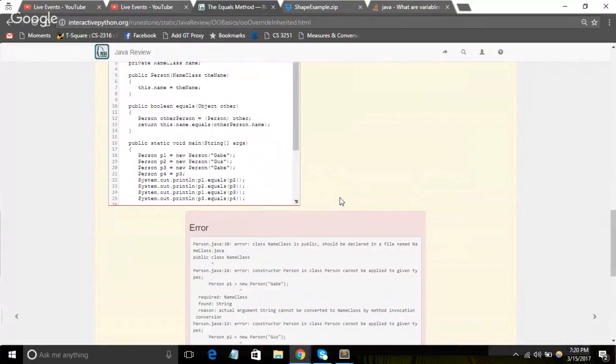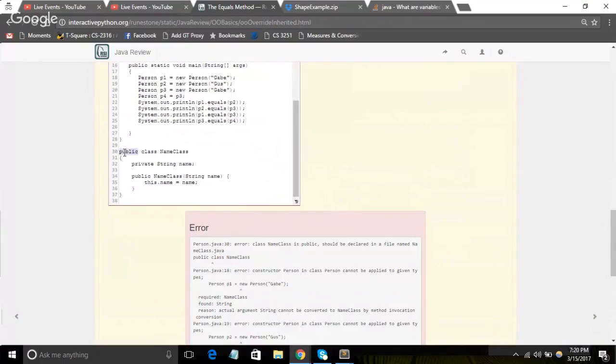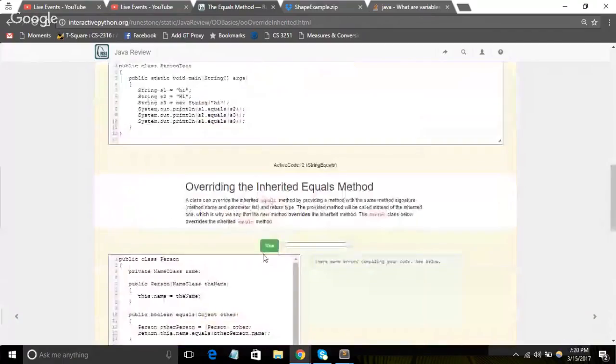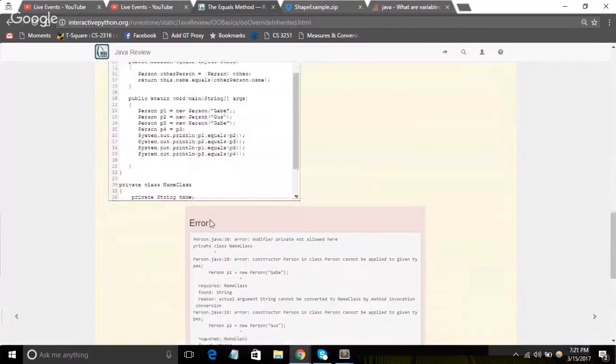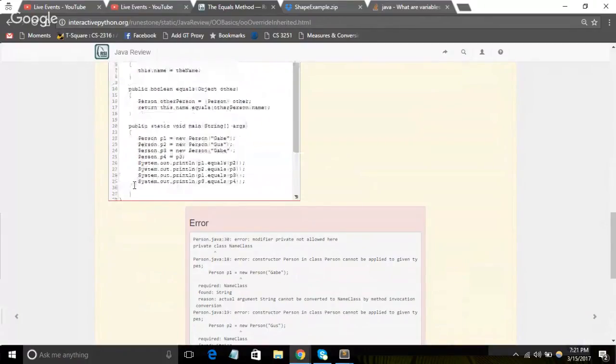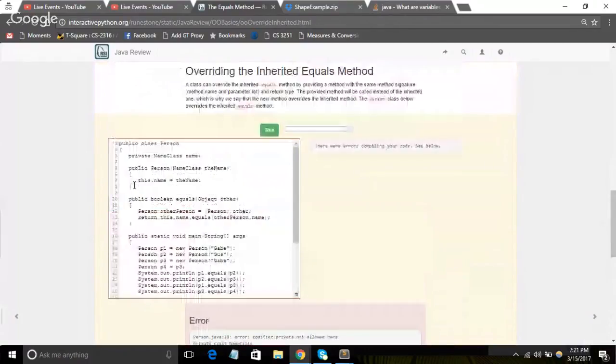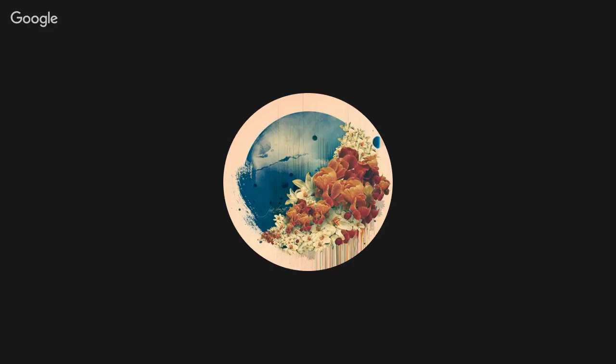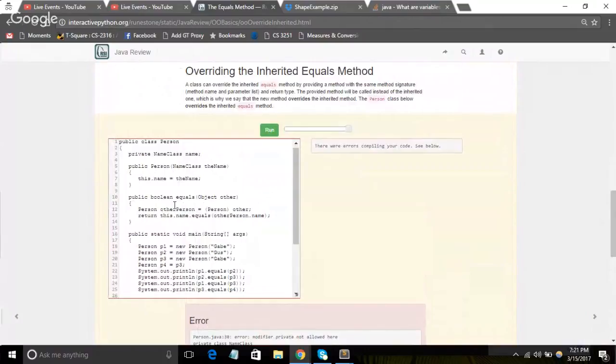Oh no, what happened? Maybe if it's like this. I'm not sure exactly if it'll let me do it here. Yeah, I'm not sure if it'll let me do that in a file like this. But basically, I guess what I'm getting at is